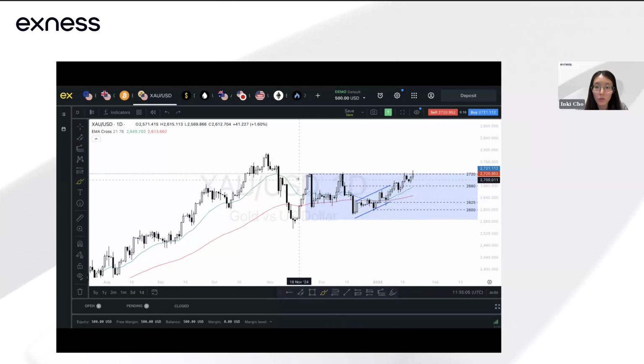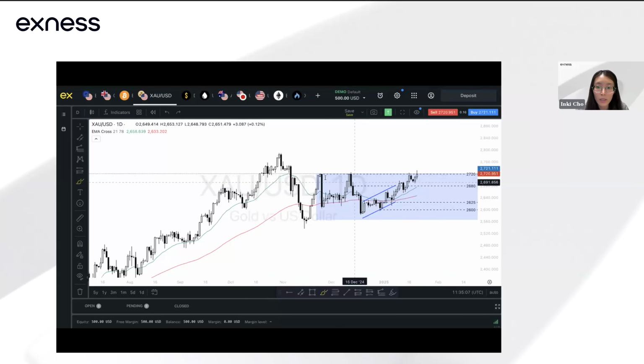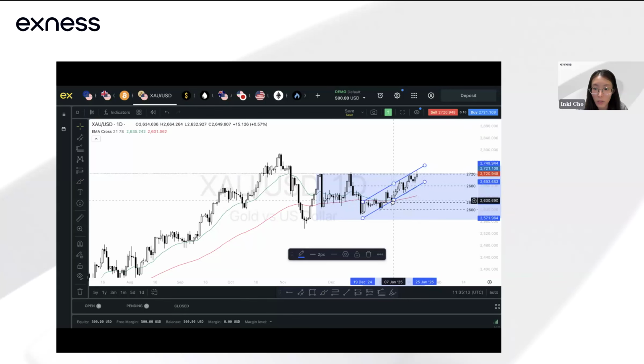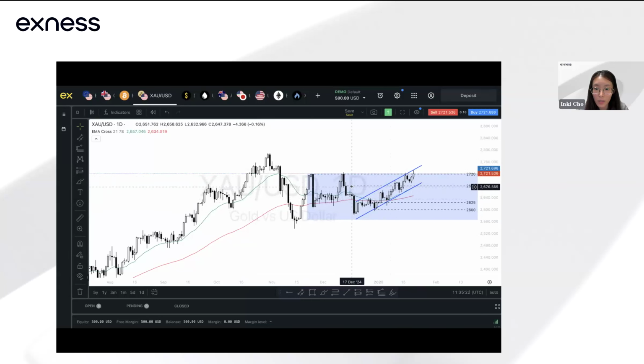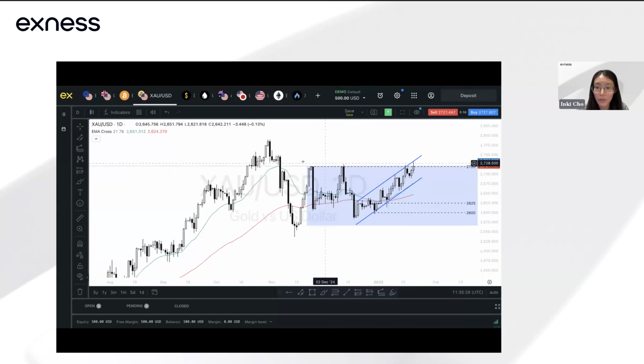That's one. Also, previously there is this move over here. You can see this ascending channel, which I believe prices are still holding within. If I extend this, you can see that prices are testing the top of this ascending channel. These are the ones that I observe on the daily time frame. Let me just remove these levels. I believe these levels are on the lower time frames, but on the higher time frames you have the high over here, which price tested multiple times and also swept slightly above. You can see these two highs at the 2,720 level. Price swept slightly above this and pushed into this ascending channel's resistance over here. So that's one thing to note.